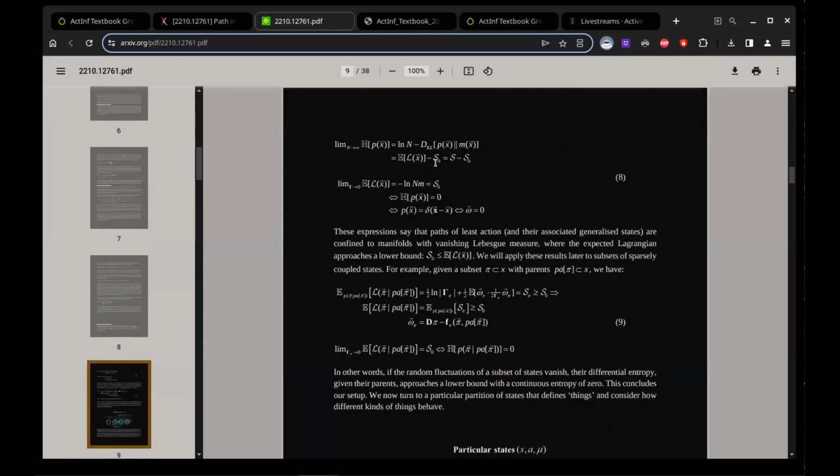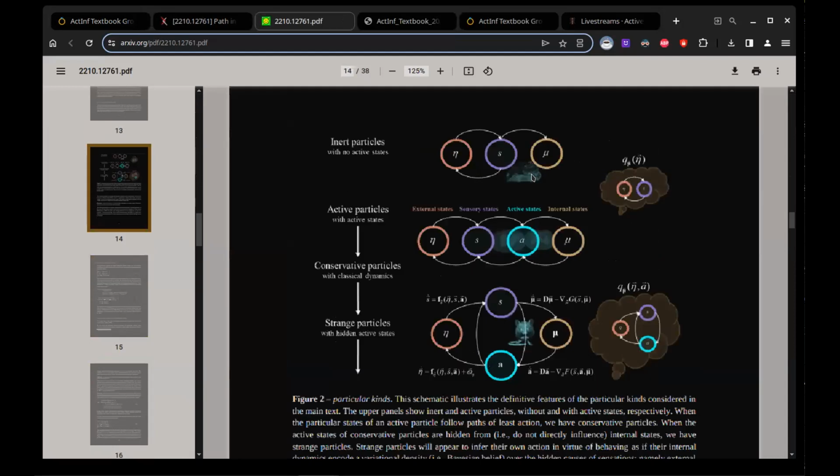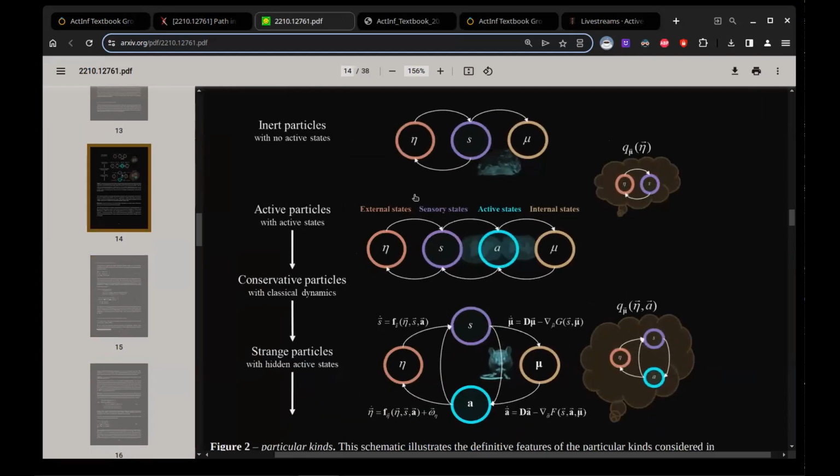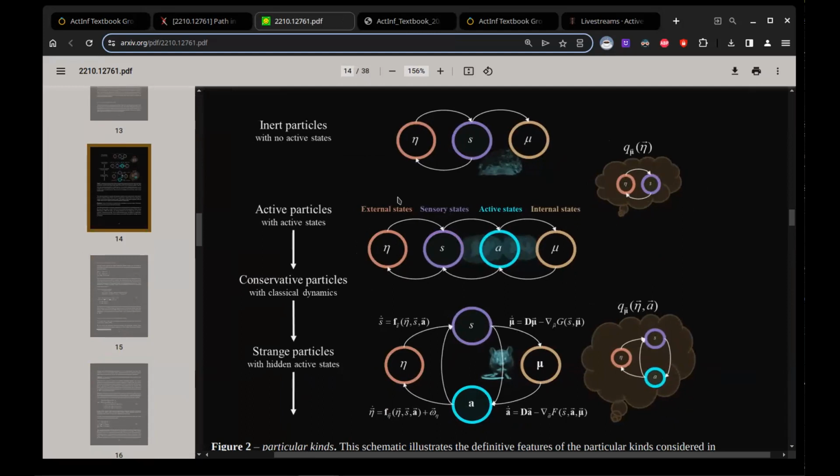So in this paper, which we often look back towards, we see this taxonomy of different kinds of things, ranging from the simplest inert systems through active systems, but perhaps simple active systems like a metronome, on through sophisticated or strange systems, which have hidden internal states that are doing like counterfactual world modeling, self-in-world modeling.